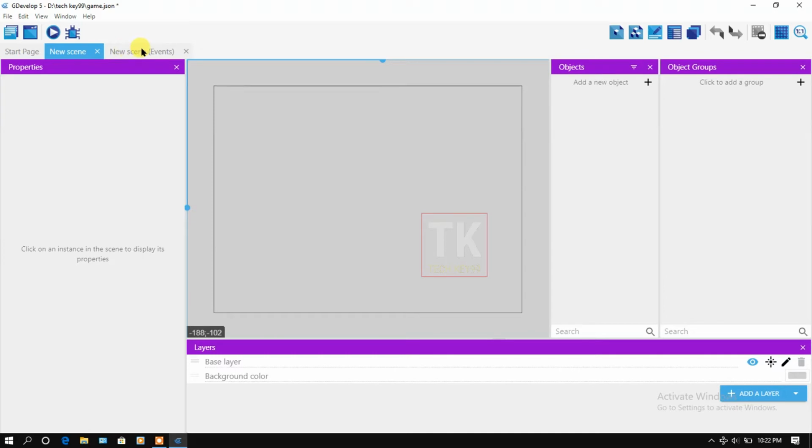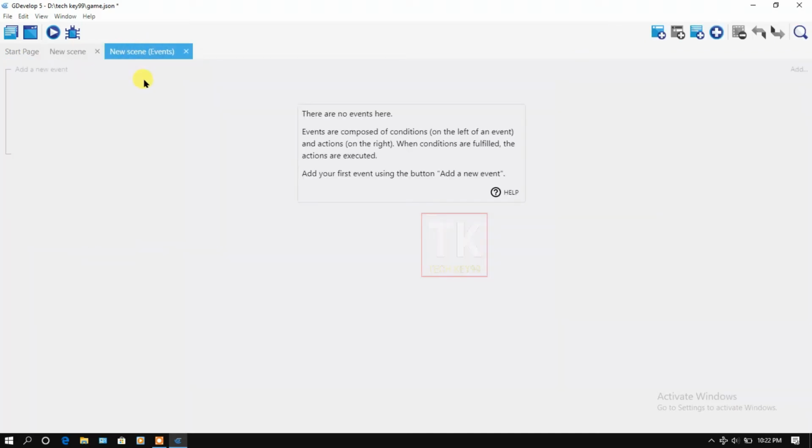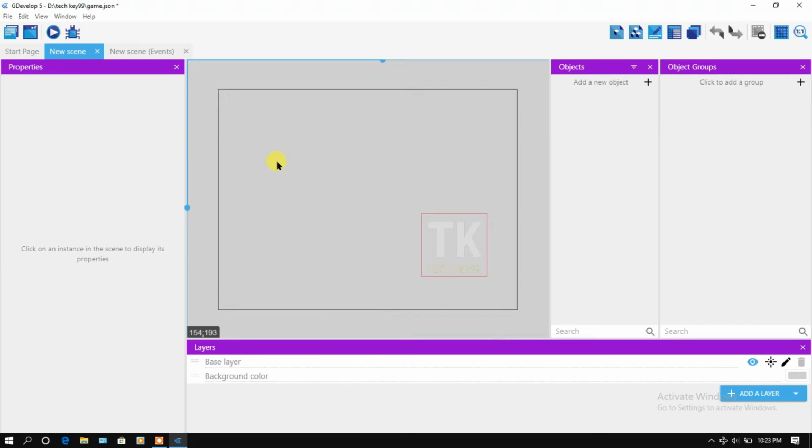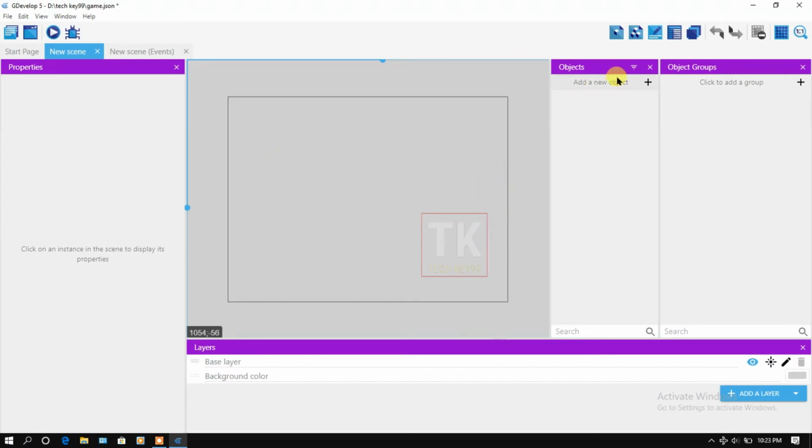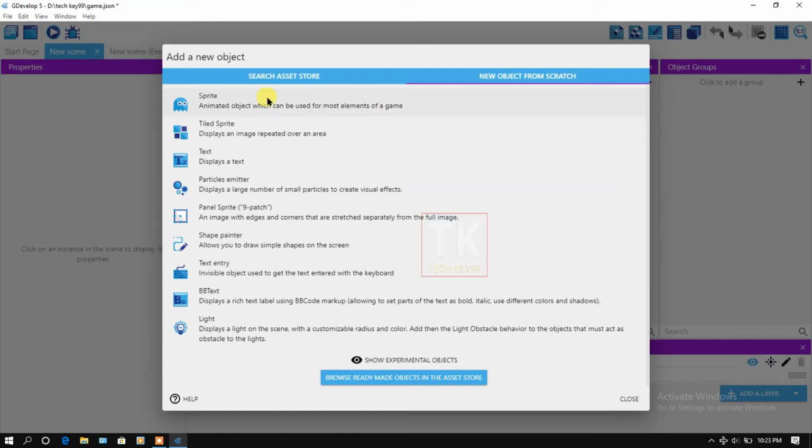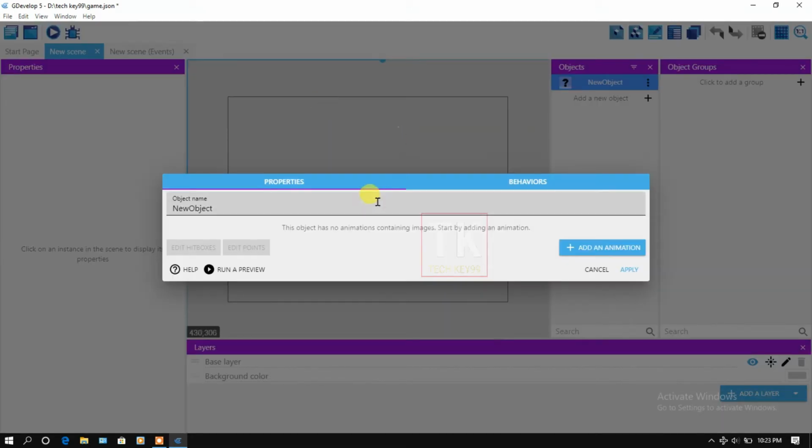And this is the game events. Here you can edit your game code. Let me give you some examples. New scene. Click on add a new object. Sprite. Name your object.